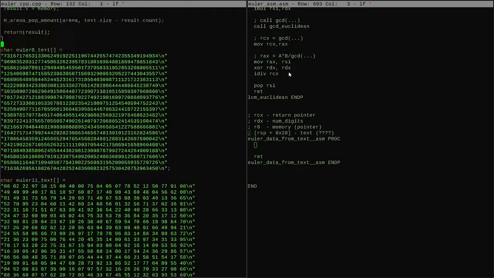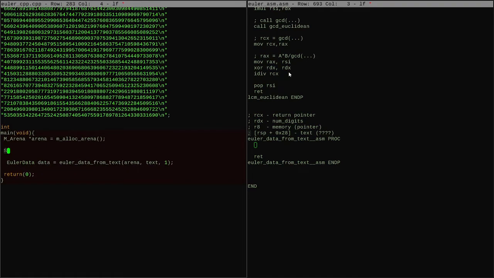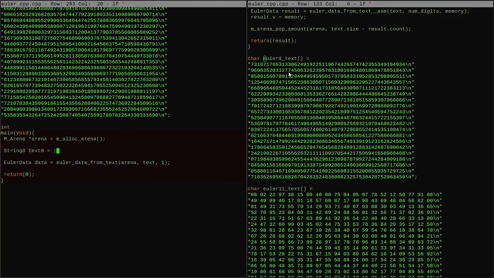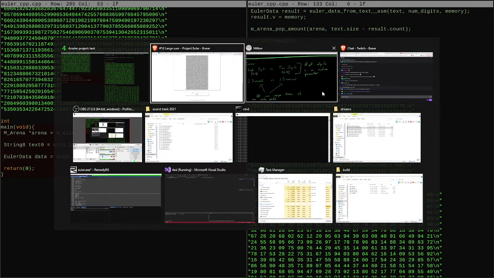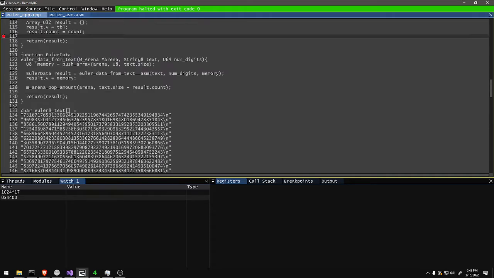See if it looks like the right text. So I want Euler 8 text to get started. I guess I'll grab all these real quick. Text 0 Euler 8, yeah. That can work. There we go. So if I go to our debugger and I step into that